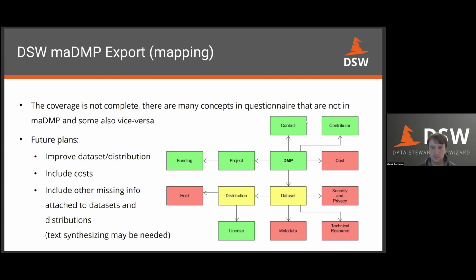In some fields, we are even a bit more machine actionable than the machine actionable standard. For example, for description of ethical issues, we have more questions where the user can say yes, no, and maybe, there are more options than these two. And we actually need to synthesize the description, the sentences from these questions, yes and no. So there are things like that as well.